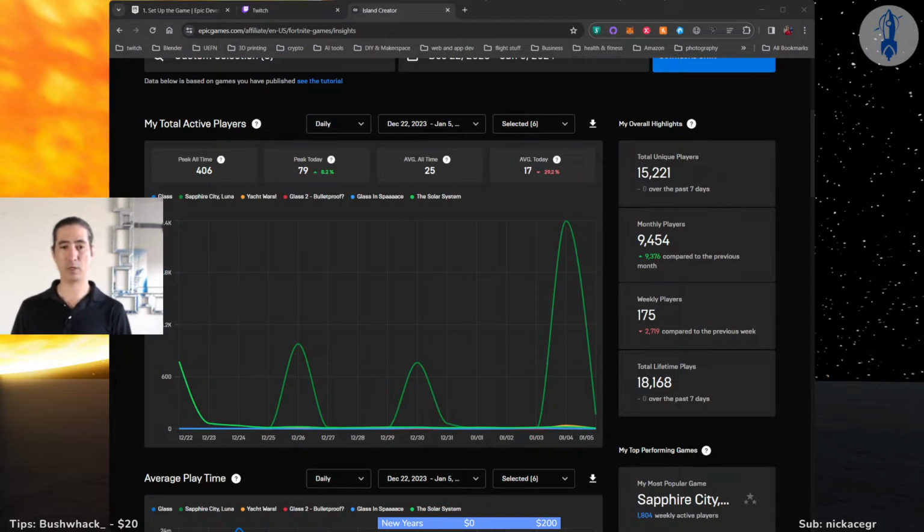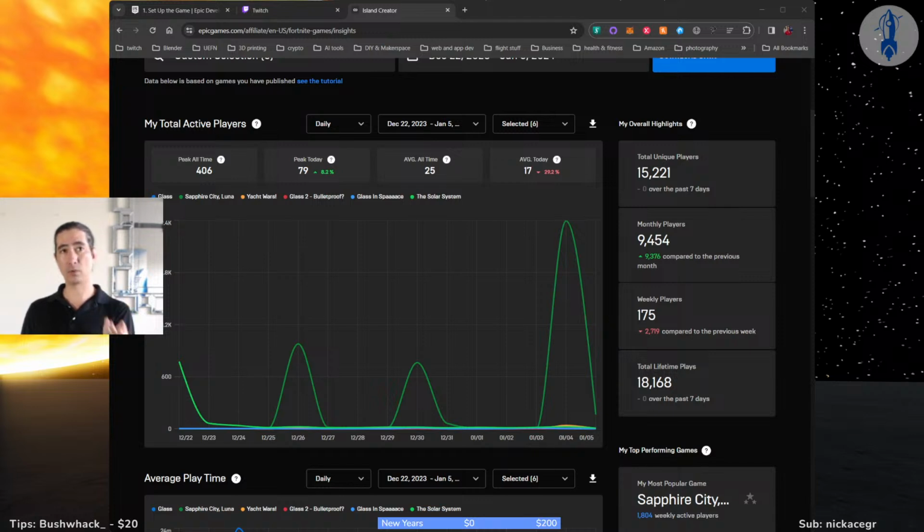I still have another half dozen, 7, 8 maps that I've started that have not gone very far because I had to refocus on my main maps, which this last half of the year were the Solar System and Sapphire City. In fact, I started Sapphire City and worked on it for a couple of months. A friend of mine at the University of Arizona, they made a physical version of the solar system on campus, but it's just little plaques that you walk up to and read, like here's Earth. If you walk the whole campus, and that inspired me. I was like, hey, I could do that in digital form. I could make that a game and put it in Fortnite.